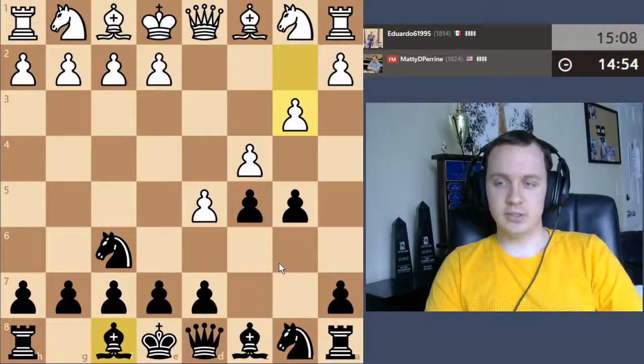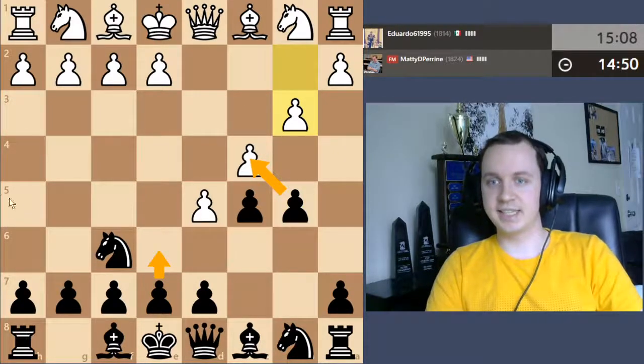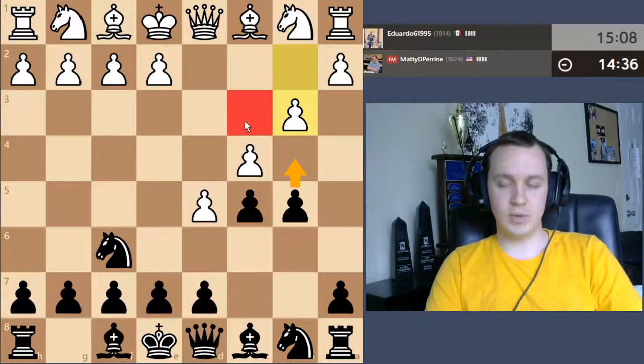I can also look to just take on c4 and play things like e6. And white gets a little bit of a tough spot protecting the pawn. I could also go b4, taking away the c3 square from the knight, where the knight is now forced to go to d2 at some point. But I think I'm going to lean towards...